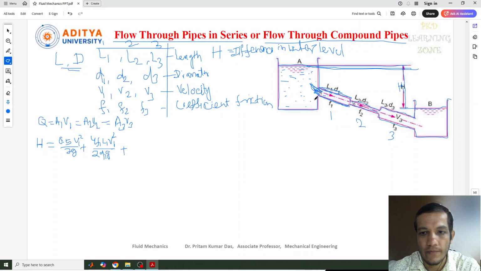Okay. Next is, you can see, here is a different diameter, again the diameter reduced. That means there is a contraction in the pipe. So due to the friction, this is the major loss, and the contraction comes under the minor loss, we know that. So here we can write a similar formula, like 0.5 V2 square by 2G, for the contraction